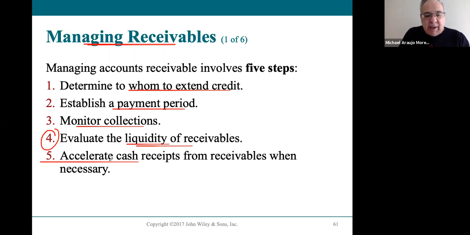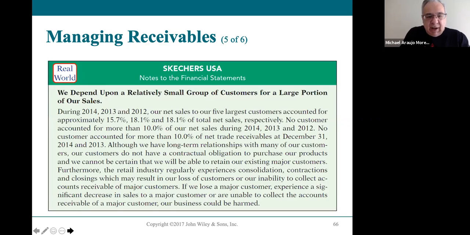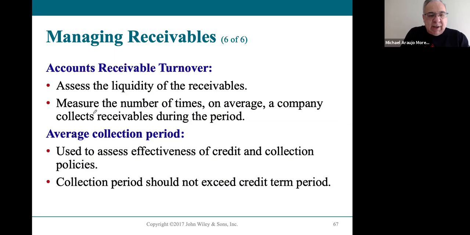And you might want to accelerate your cash receipts, which means you want to collect your money faster, if you perhaps decide to offer terms, right? 2/10 net 30, pay early, get a discount. That helps to accelerate your cash receipts. Are you putting anything in place that helps people want to pay you faster? That's basically what that's talking about. So your book talks a little bit about that, but what I'm going to focus on is